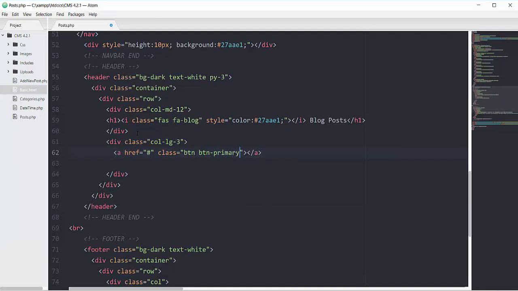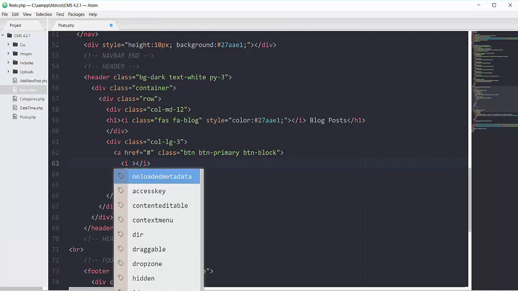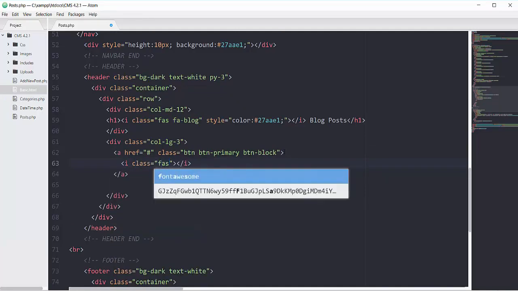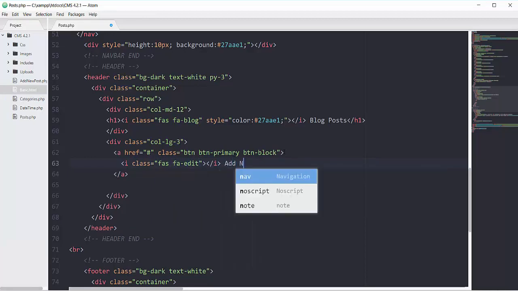So actually we are creating a couple of buttons here, so it will have btn-blog class as well, and here inside this we will have our I tag that will have font awesome class of fa-edit, and for the text it will be add new post.